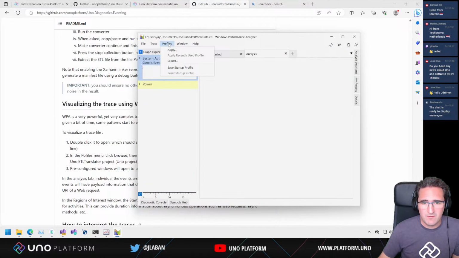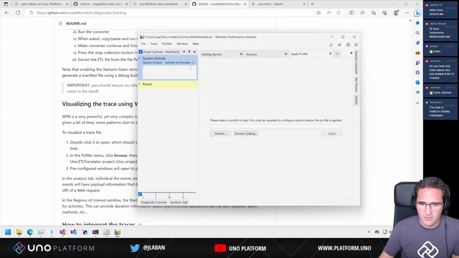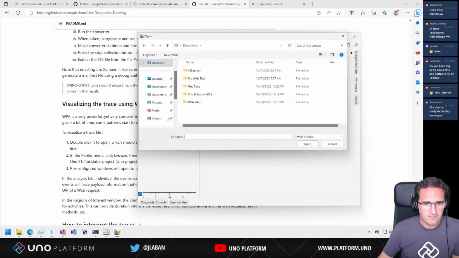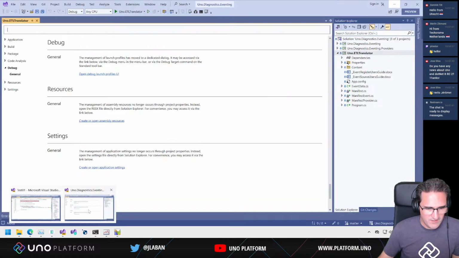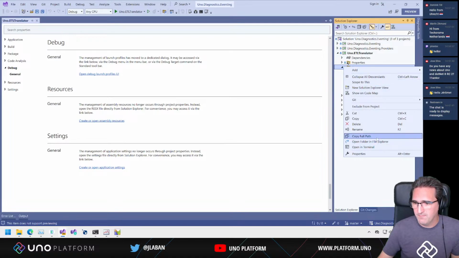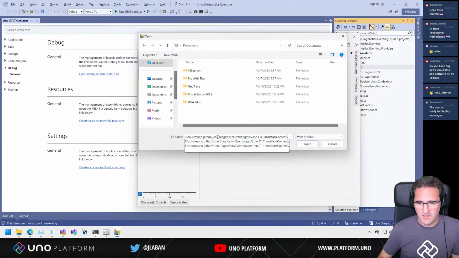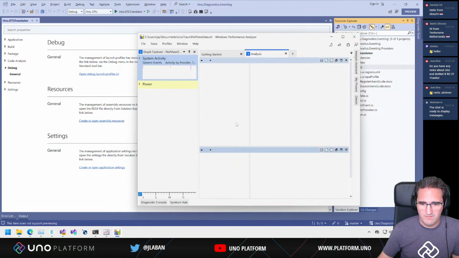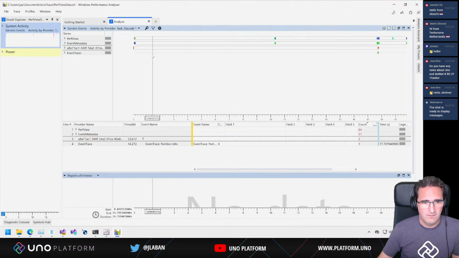It should be having browse, but I don't see it. So let's see what, oh, there you go. So if I click apply, then browse, then we go to the sources of the ETL provider. We have the folder here. We're going to be selecting that content, select the profile file, and there we go. That should be enough. So now we should be having some data,